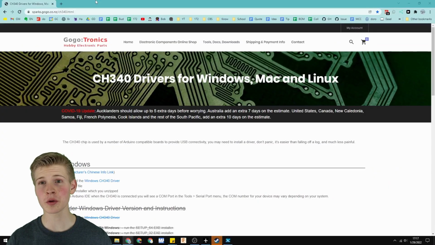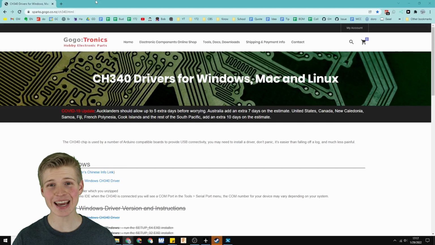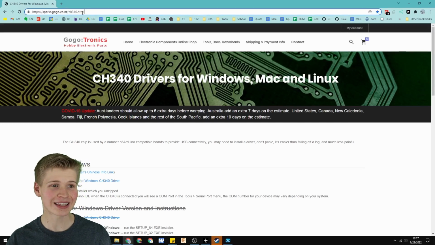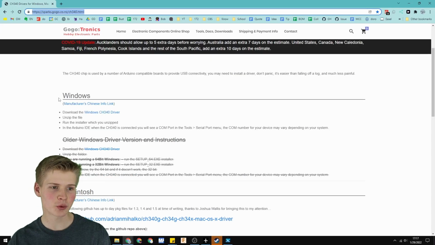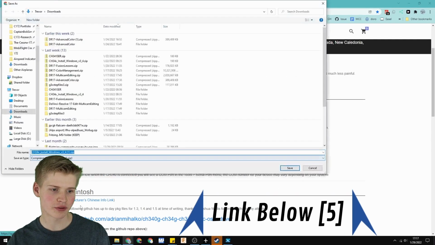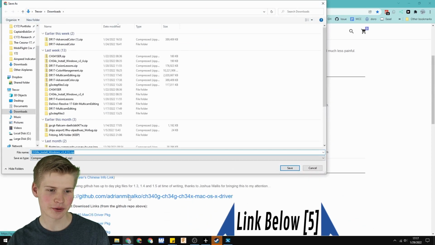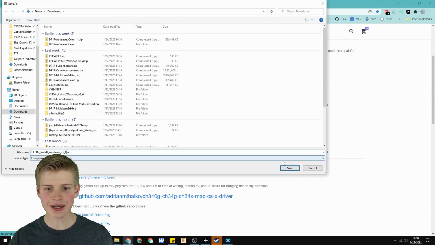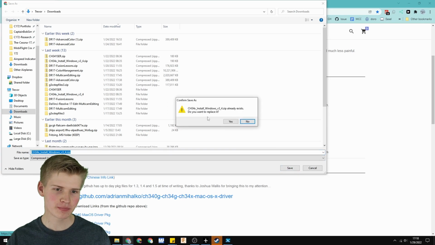If you're having Arduino problems, it's possible you need the CH340 driver. Go to the link in the description below, this sparks.gogo.co, and under Windows, select the CH340 driver, and if you're on Mac, you can download it from this GitHub. Download this zip file,